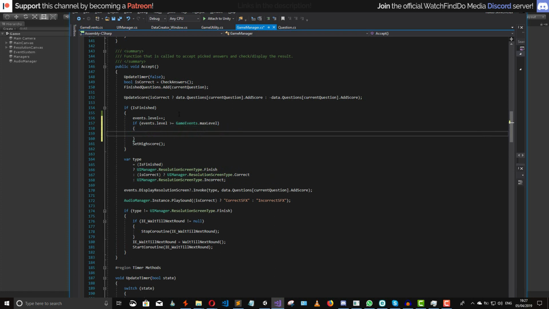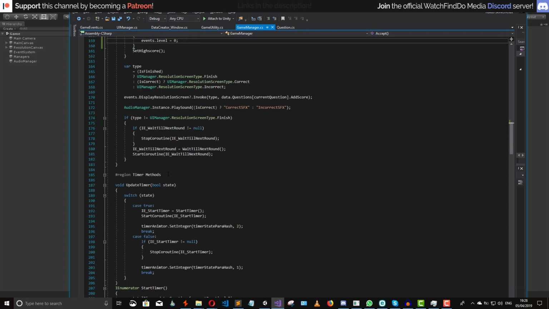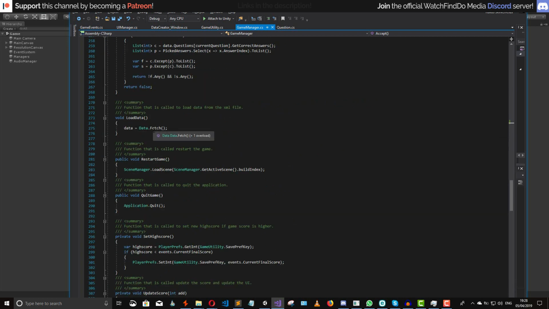If that is the case, if our next level is already a max level, meaning that we already finished the game, for example, say that events.level is equal to 0, meaning that we repeat the game and we can actually play it again. So you can of course do pretty much anything, and whenever you're fetching the data, you can go to the